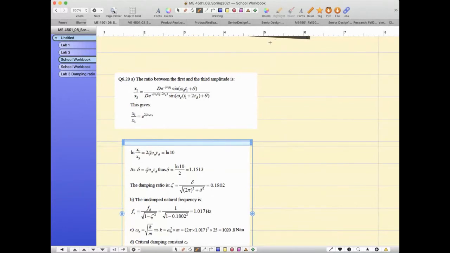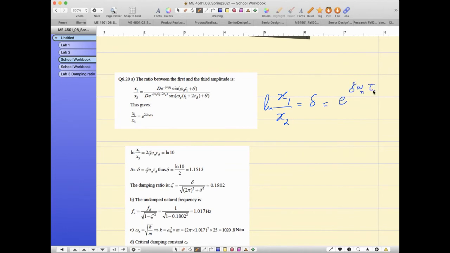Most important is the logarithmic decrement. If you see two consecutive cycles, the ratio is this, known as delta, which is equal to e to the power zeta omega n tau d. And if you have two non-consecutive cycles, like in this case 1 and 3, this is my x1, this is my x3, then how many